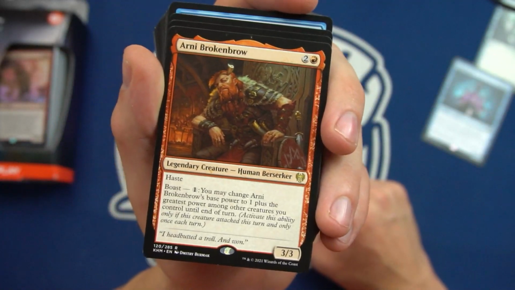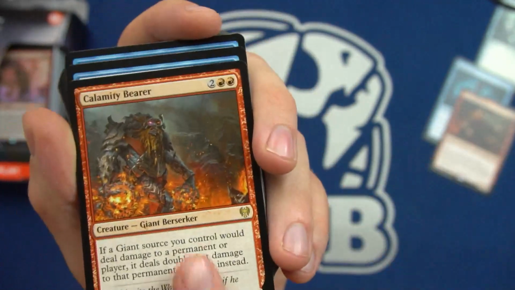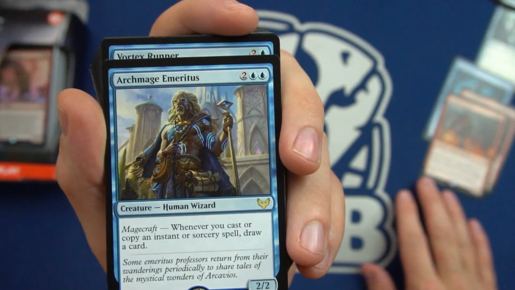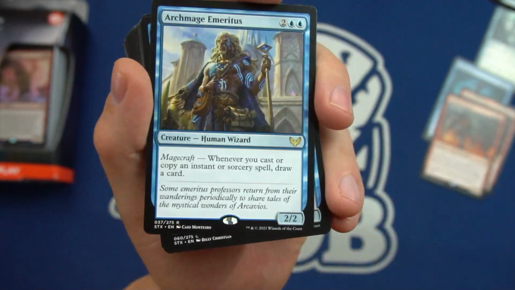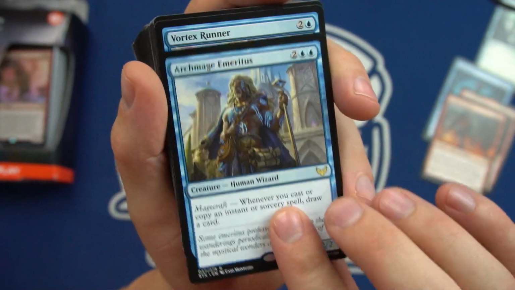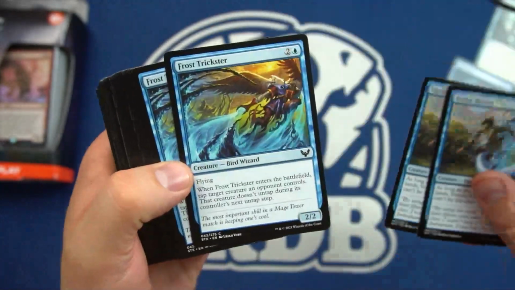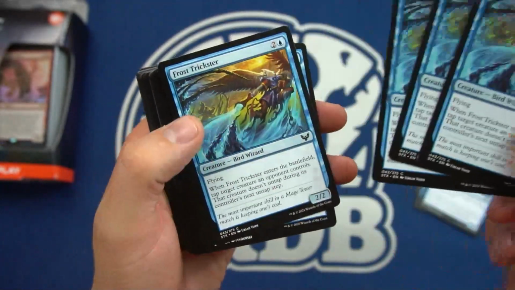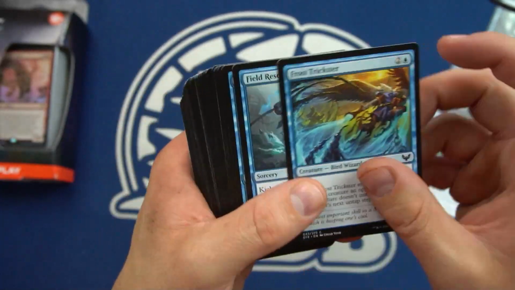And then we have the Arnie Broken Brow, which doesn't really do much either. Here's another thing that wants to work with Giants. We do have a Wizard with the Archmage Emeritus, but again, there's not that many spells. Like, you have a lot of creatures in this deck, so it feels like a very awkward card for why they'd want to put this in here. With something like Vortex Run, at least it's a Wizard. Yes, we do have some other Wizards here